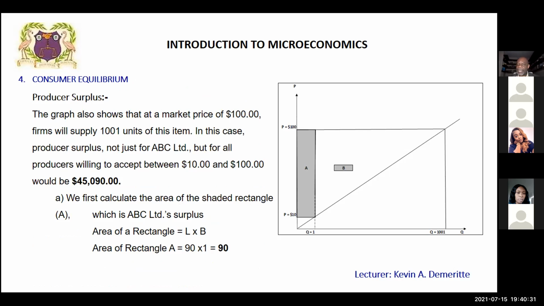But if we're trying to calculate the total producer surplus, right, so what we found is at a price of $100, all the firms in the market who are prepared to make this product available to the market, they're prepared to supply the market with 1,001 of these items. So now let's try and calculate a producer surplus, not just for ABC, but for all producers willing to accept between $10 and $100 for this item. Now I'm saying it works out to be $40,090, but let's see how I got that. First of all, when we calculate the area for ABC, length times breadth,